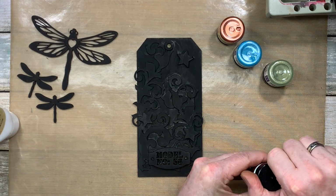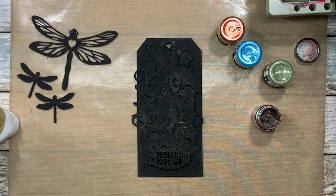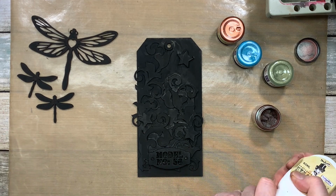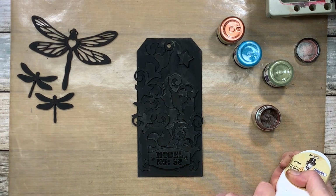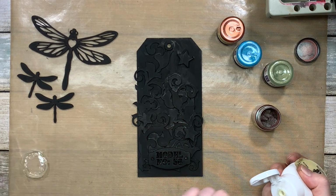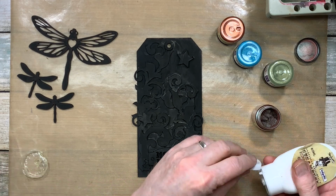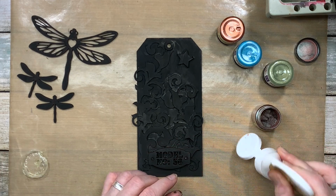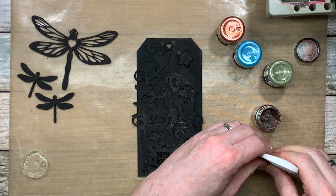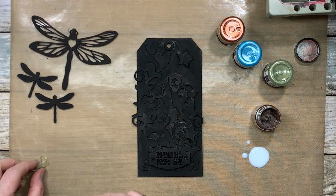So the verdigris, which has got a touch of green to it, like a coppery green. And we're not going to need a huge amount of this. Ooh, look at that. So that's leaked out over a couple of weeks, or since the last time I used it. Right, hope there's enough left. Oh, absolutely, plenty. Right,